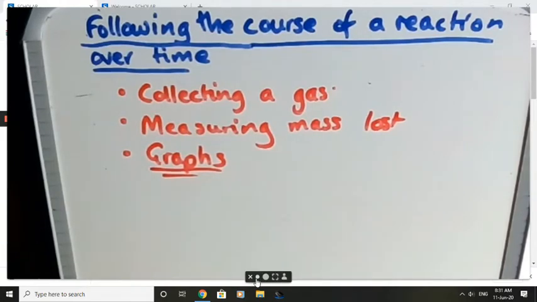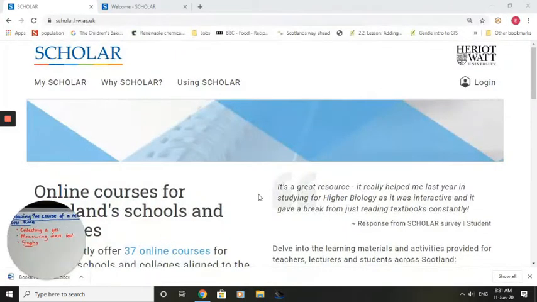So what I'm going to do this lesson is use Scholar to talk you through this section. I'm also going to give you your Scholar passwords this week, and we'll definitely be using Scholar quite a lot in chemistry this year, but for this lesson I'm just going to show you how to use Scholar and talk you through the lesson, and everything that you need to take down in your notes I'll actually do on the whiteboard. So I'll send you the link. It's